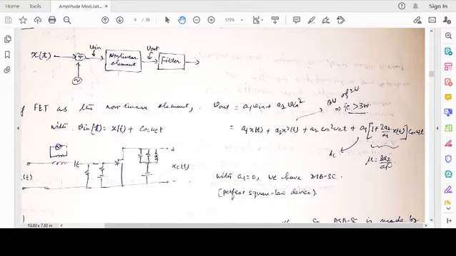So the modulation index is given by basically 2 times a2 by a1, as you can see from here, because it is 1 plus mu x(t) cosine omega_c t. You remember the amplitude modulation circuit. When you have a1 equal to 0, a perfect square law device, where v out is a2 v in squared, just a square relationship, then as you can see from here, the carrier term is 0. The output is some constant times x(t) cosine omega_c t. So you have double sideband suppressed carrier.